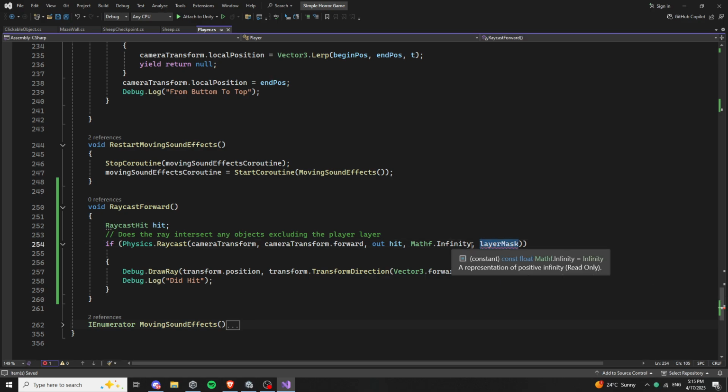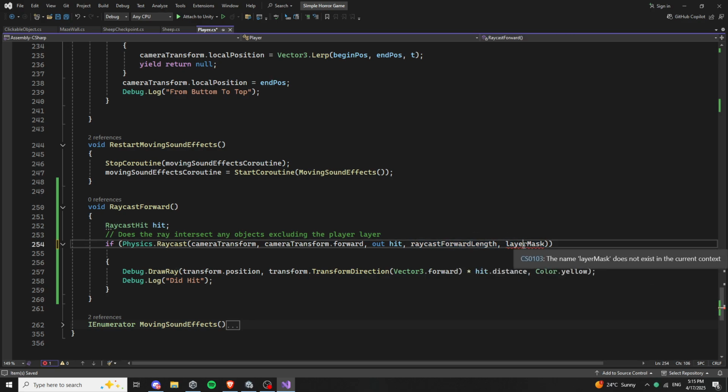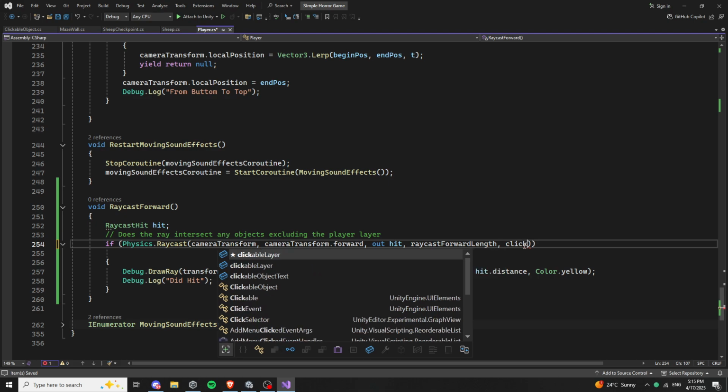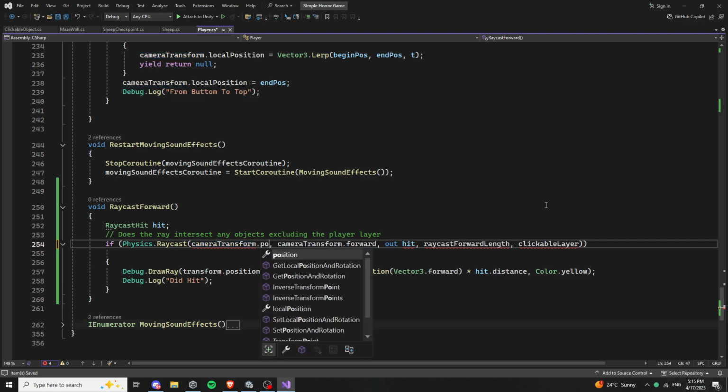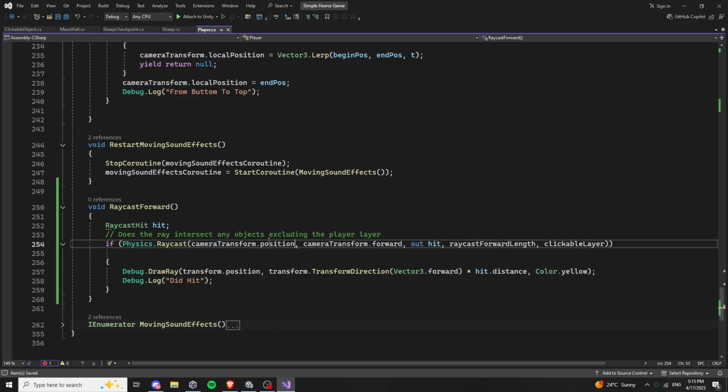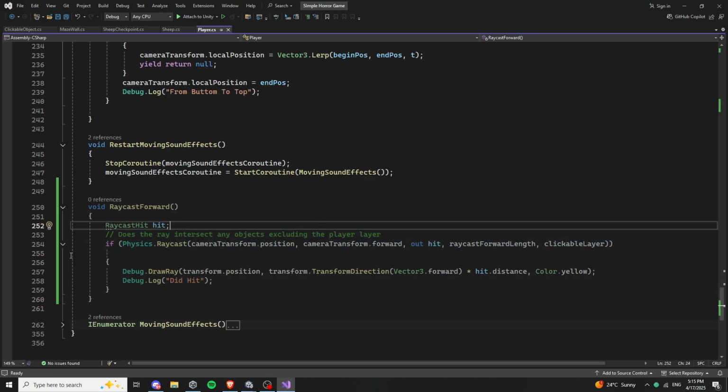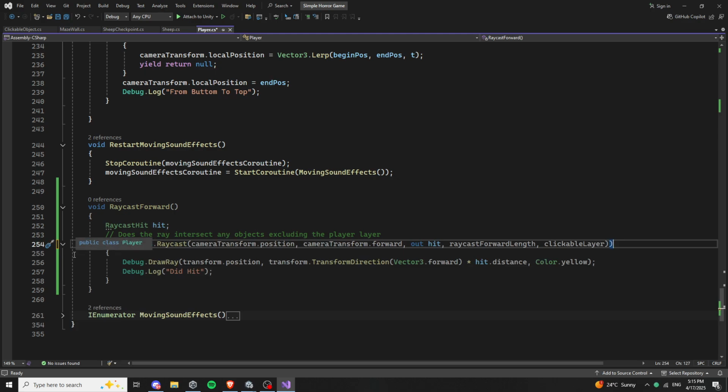All right, and then here, clickable layer, just that layer. And in here, this is the position of the transform position. So now we created the array, and this will return true if we hit something. So if we hit something,